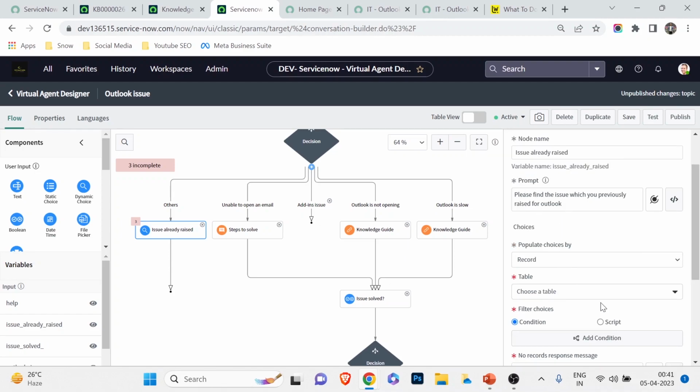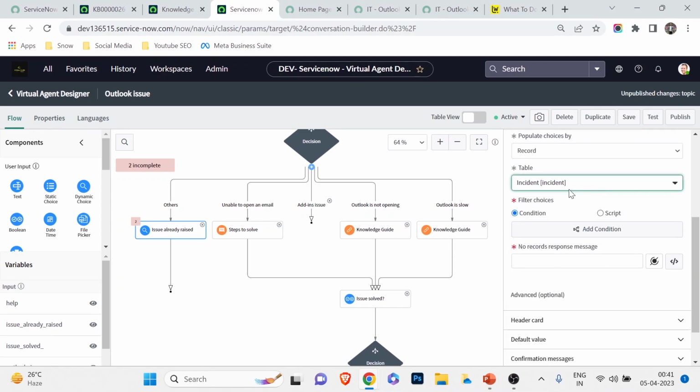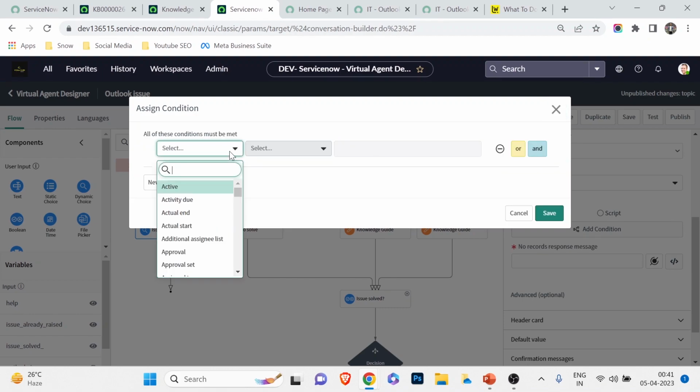Okay, then there's a prompt, populate choice by record or script. So we want the record to be displayed from which table. See how good it is, how it is synced. So I'm going to choose the incident table, table name incident, and what condition am I going to give? The first condition is